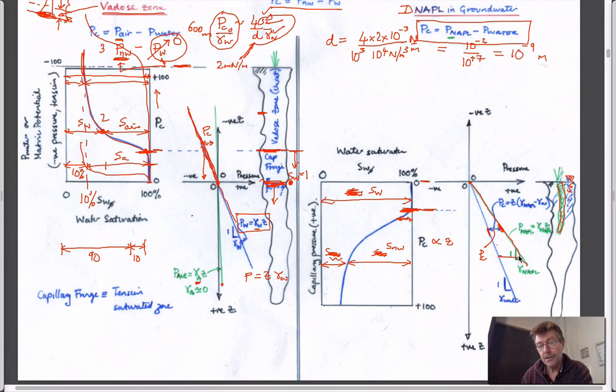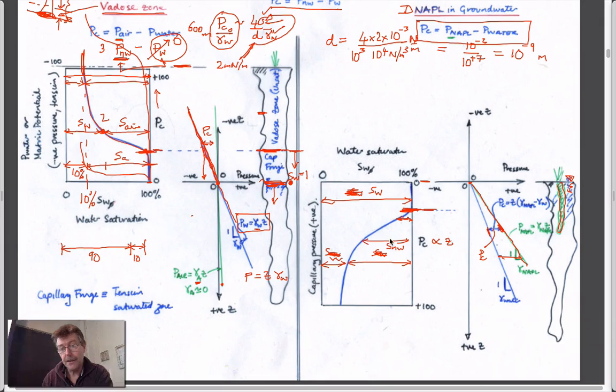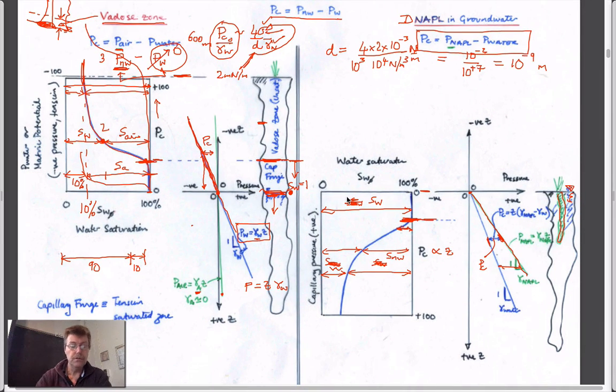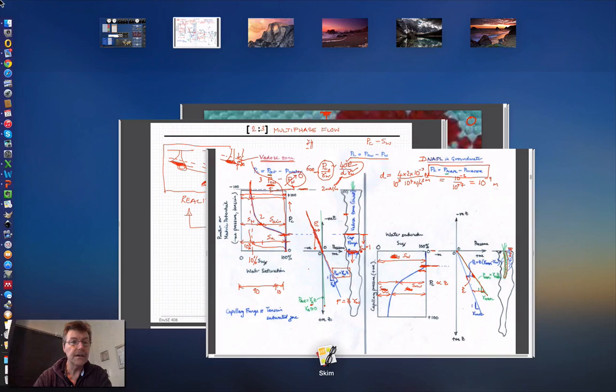As the difference between these two pressures gets progressively larger, it's possible to get a larger and larger proportion of the non-wetting fluid into here at the expense of the water which it's moving out. And so as a result of that, you end up with the saturation profile as you go down through the system being defined. Okay? And so that explains really why we have those two behaviors that we drew in